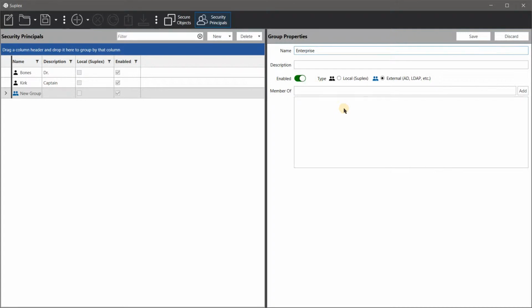The difference between a local group and an external group: external groups are expected to be found somewhere out in a domain or an external database or something to that effect. Suplex will not allow editing the membership of an external group. If it's a local group, you can edit the membership. Both a local group and an external group can participate in the membership of other local groups, but you can't edit the membership of an external group. So we'll make this a local group and we'll add